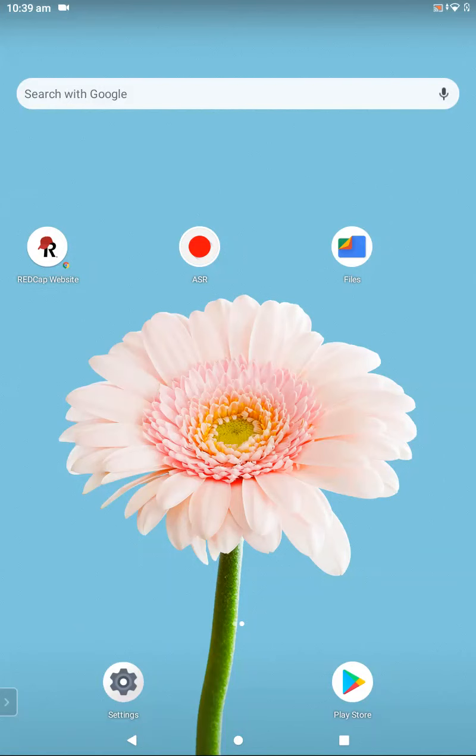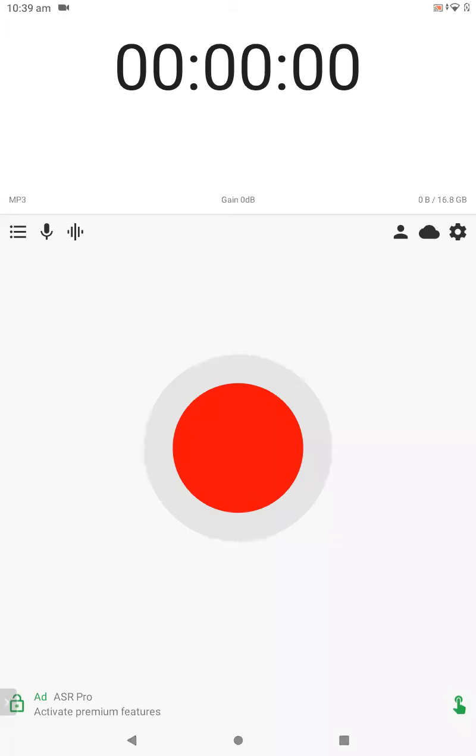So we'll open up the ASR app by clicking on the icon in the center of the screen here. And this is the home screen. It's very easy to use this application. To make a recording, you can just press the big red button in the middle of the screen and it